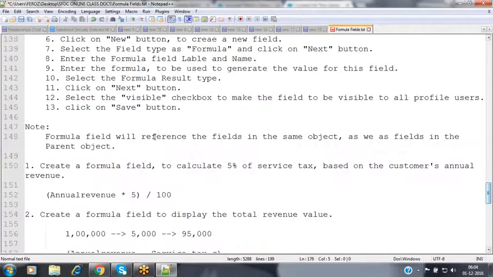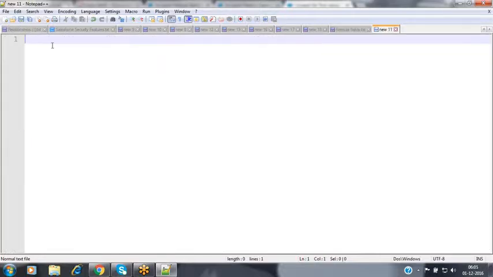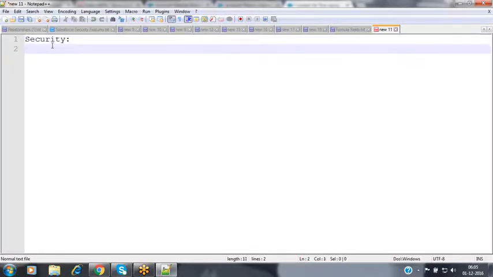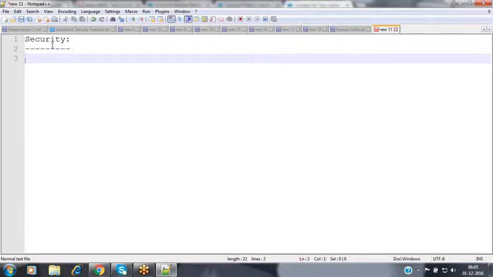Now we will see the security concepts here. What exactly are the security features? What are the various topics we are going to discuss as part of the security? Now we'll see practically one by one. Security topics are very, very important, and the practice is also very, very important every day. Whatever topics we are discussing every day, we have to practice those topics. If you are facing any difficulty, then let me know so that we can sort it out.